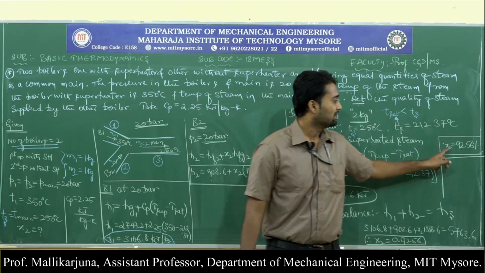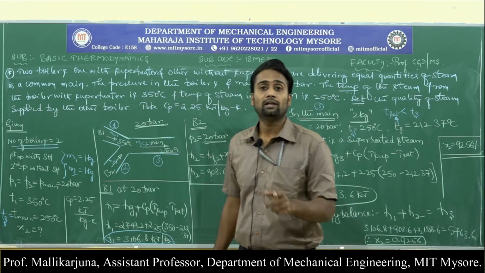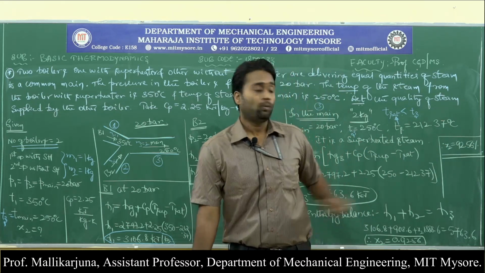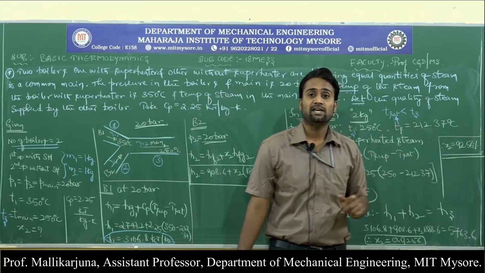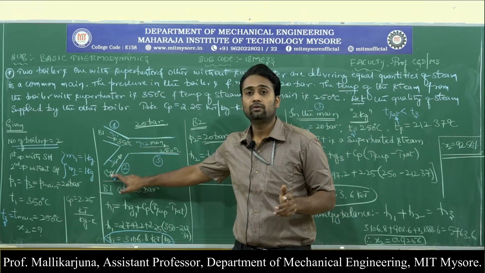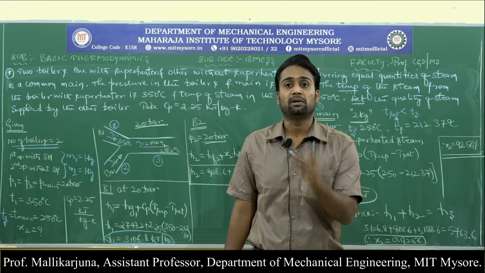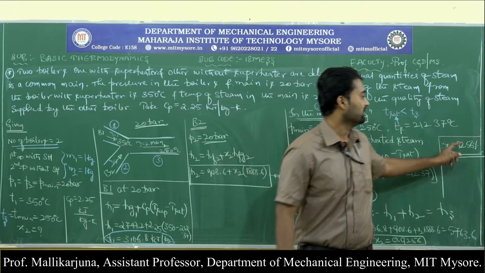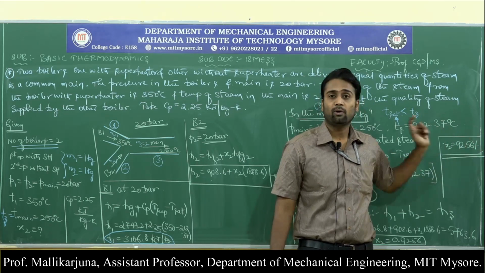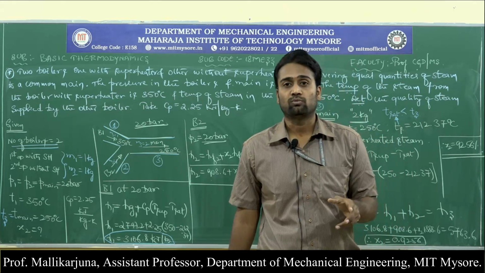which is nothing but 92.56%. In the sense, the steam which is supplied by the boiler 2 has the quality, has the dryness fraction of 92.56%. What is this 92.56%? It is saying that in the overall 1 kg of steam which is supplying, 92.56% is steam, dry steam. Along with that remaining 7.44 is wet. That is the wetness fraction, 7.44%.